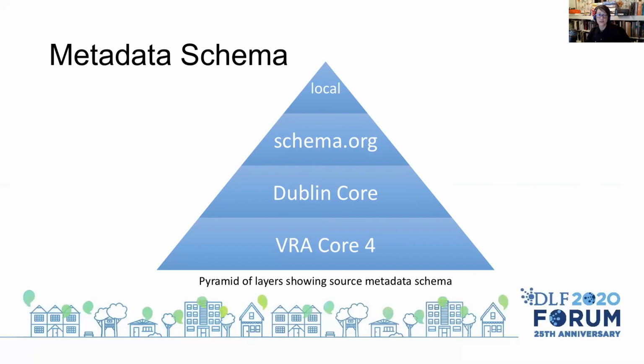Schema.org is widely used by web publishers, so it made sense to use it for metadata about the articles and more in-depth content on the site. We also use it to track usernames of Curationist and community contributors. Finally, some local fields were added for internal Curationist tracking, since this data does not need to be shared outside the organization.